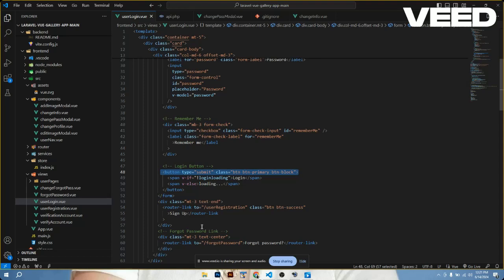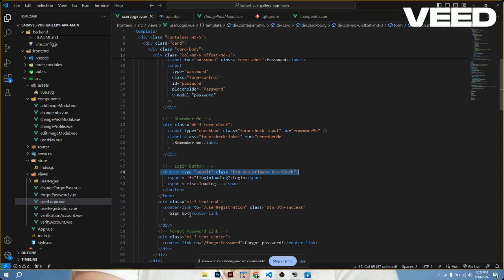The type equals submit attribute specifies that this button is of the type submit, meaning clicking it will submit the form it belongs to. The class btn primary btn block attribute assigns CSS classes to style the button.